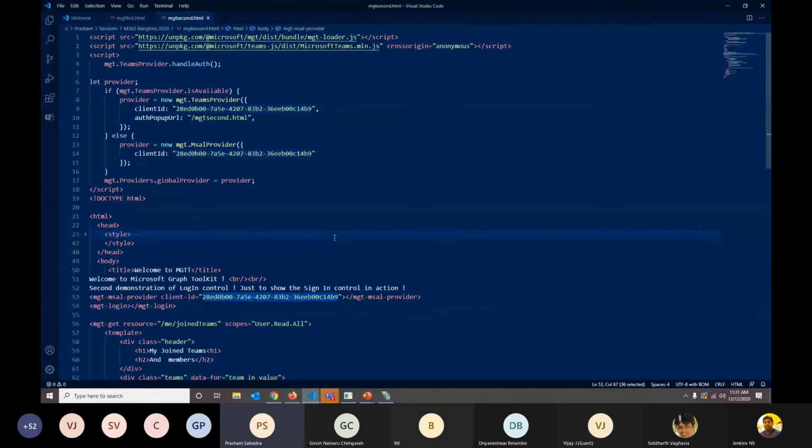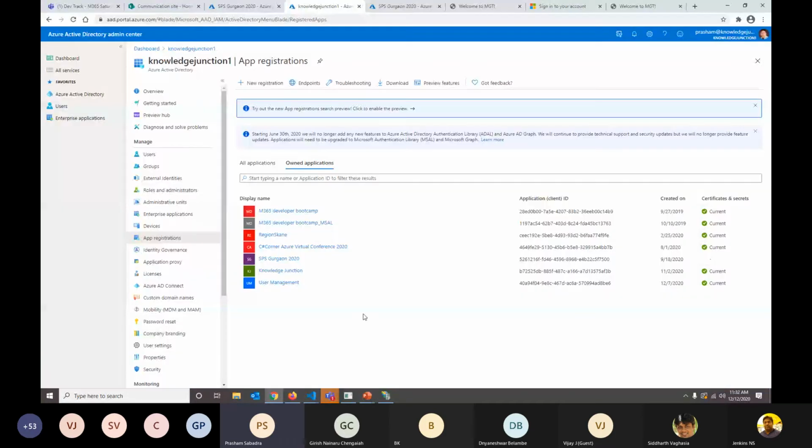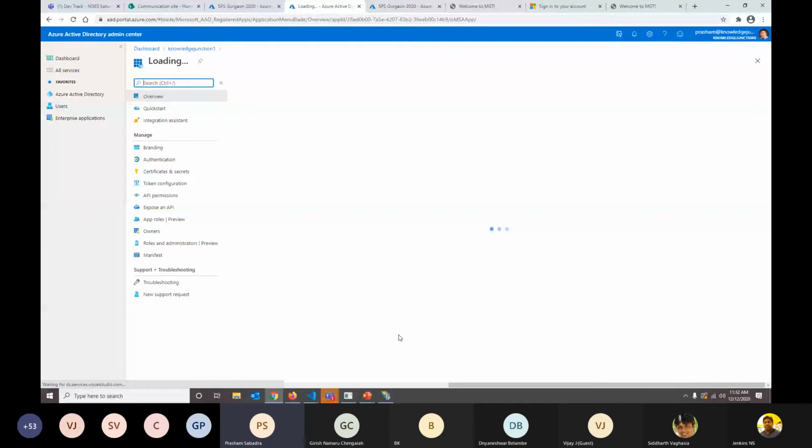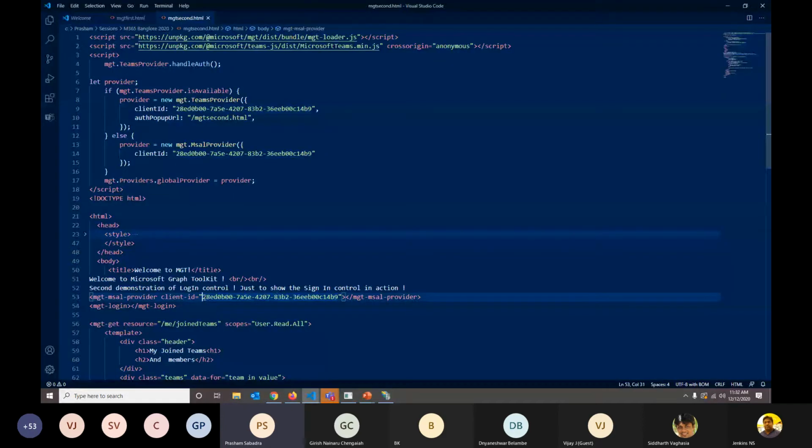This MGT MSAL provider takes care of the access tokens, the permissions, and all the authentication. Yes, here it is, and we are using this M365 app. If you notice, this is the application ID which we just specified here to the provider. It's so easy to use these components, and we are ready to go.